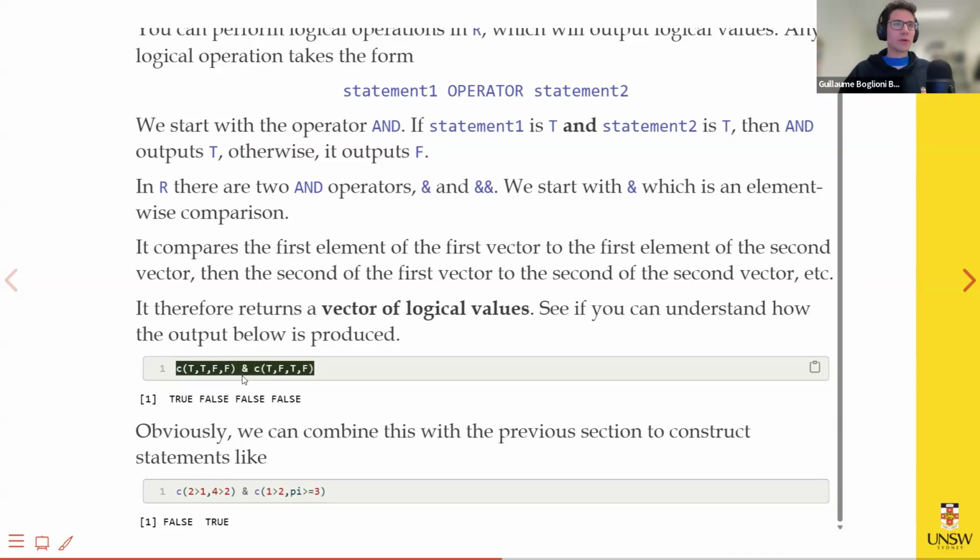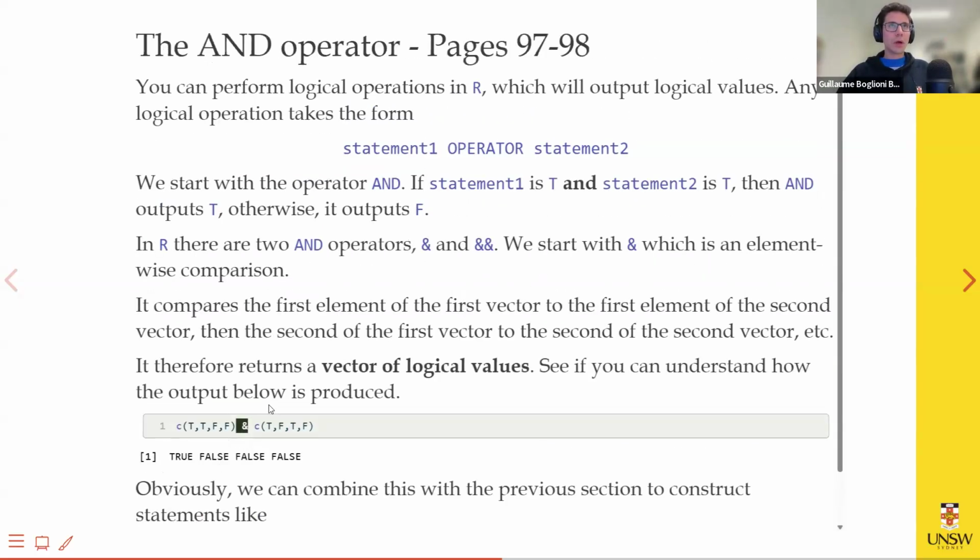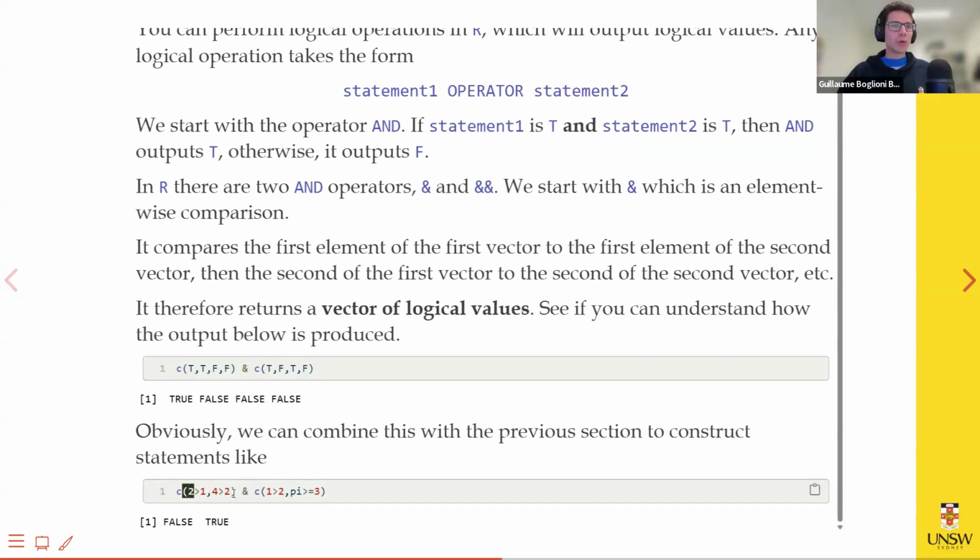Now here, we already put true and false in a vector to make it simple, but obviously you can combine what we've done in the previous section on relational operations with those logical operators. Meaning, now I'm creating a vector as I did before of true, false. So 2 bigger than 1, that's true, and 4 bigger than 2, that's true. But now I link it with the logical operator and to another vector,